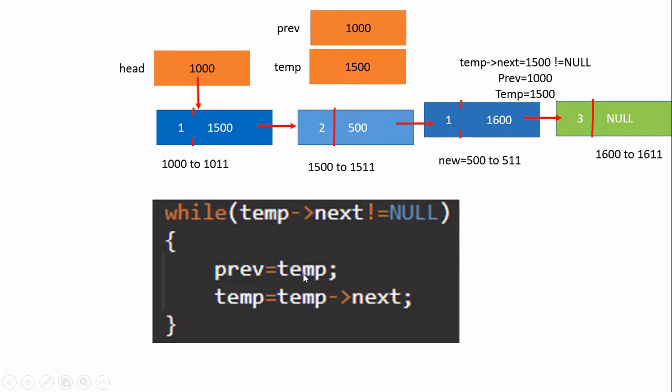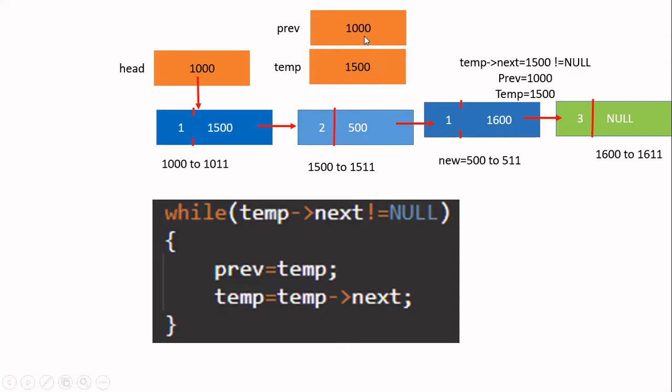So for that, I am writing these steps. Next, this is now temp. You check whether the next field here is null. This is 500. This is not null. So you make this node, 1500, the previous and this one your temp. See the address in the next slide.